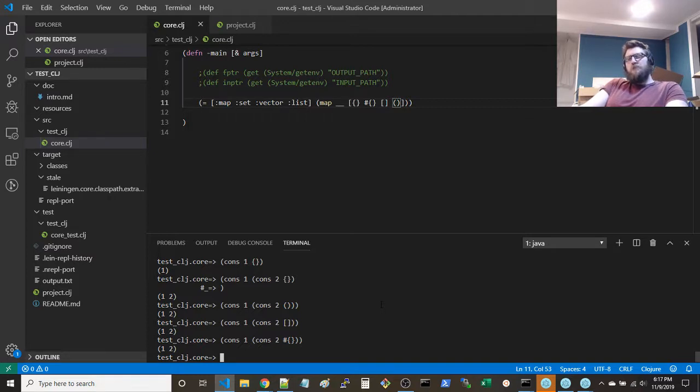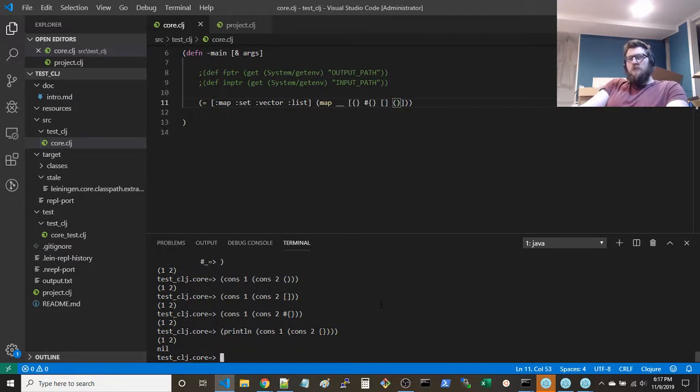They all just print a sequence here. What if we print the thing? One, two, nil.